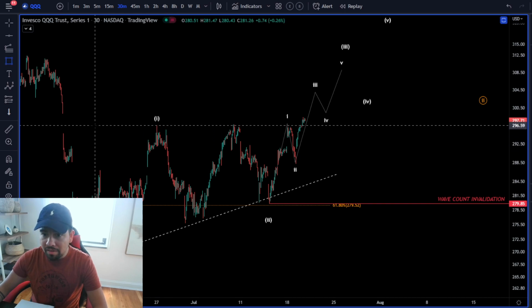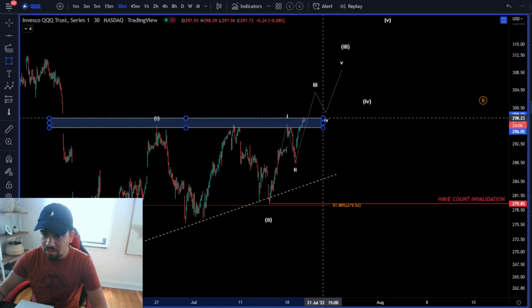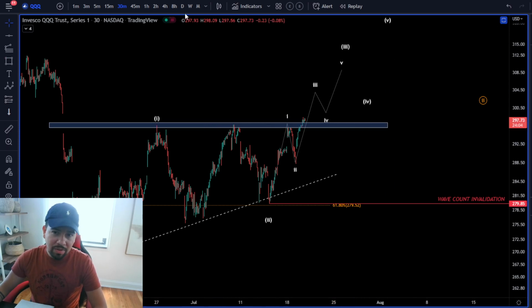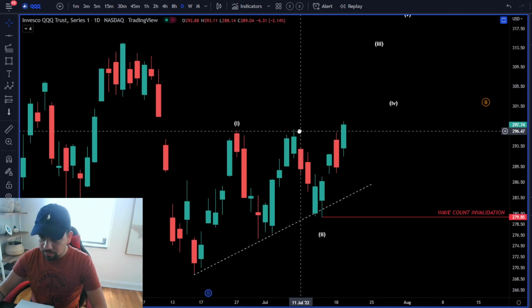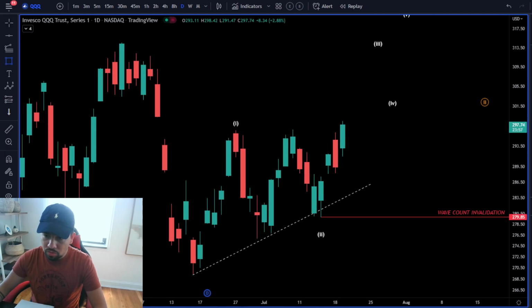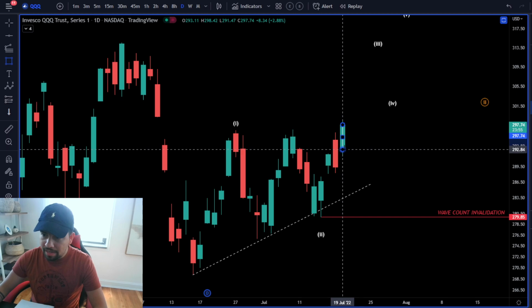If we manage to stay above that, as you guys can see, we broke above this major resistance zone. Now, is this a bull trap? If we go up to the daily time frame, and let me zoom in here, if this candle, I'm just going to do this real quick with us, right? If this candle,